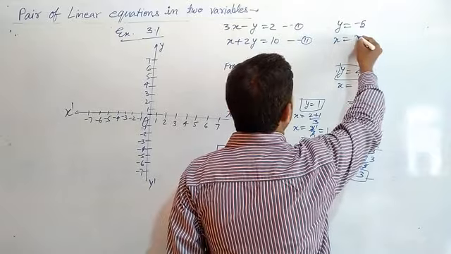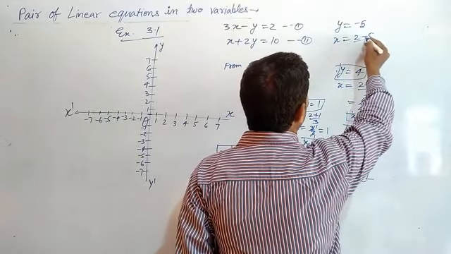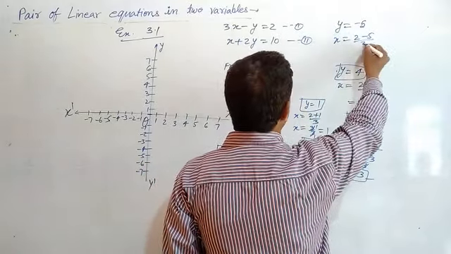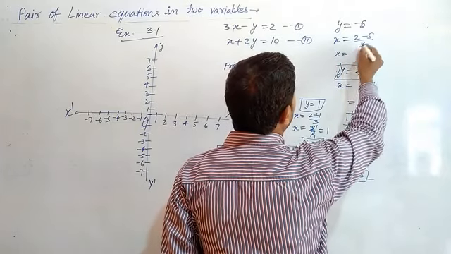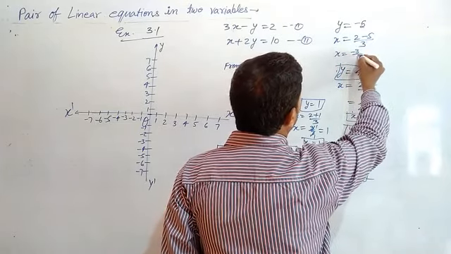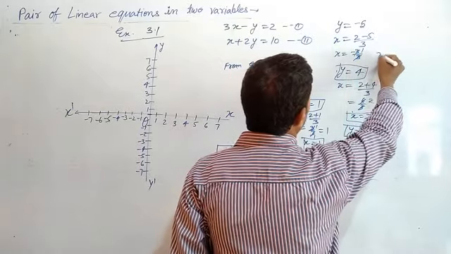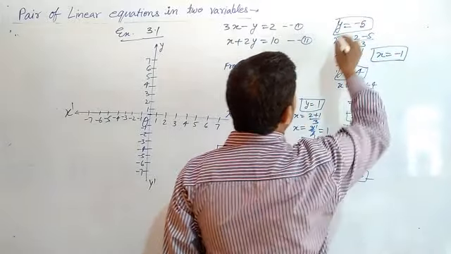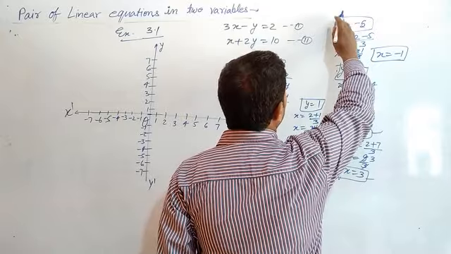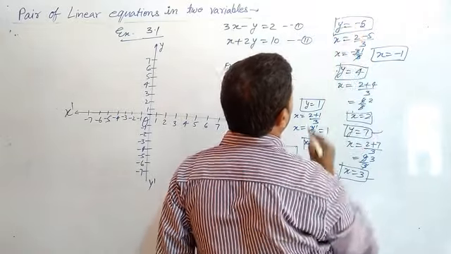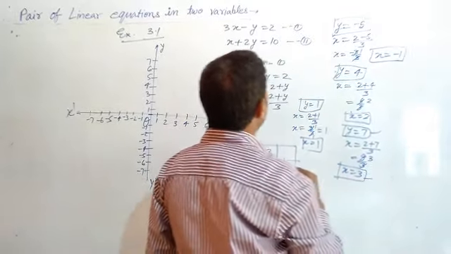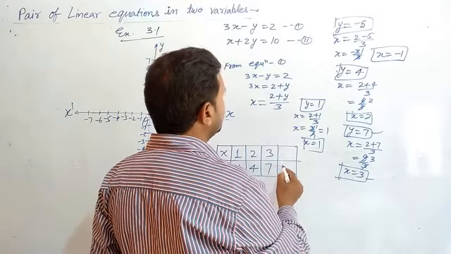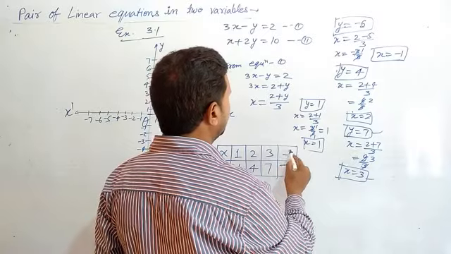So x is equal to 2 minus 5, can be converted plus minus. Here plus is given, but value is minus, plus minus, minus upon 3. Now we can solve here. x is equal to 2 minus 5 is minus 3 upon 3. 3 on the 3 means it is cancelled out, means x is equal to minus 1. We can say that here, if we put the value y is equal to minus 5, we get here x is equal to minus 1. Okay. So we put here value minus 5, y is equal to minus 5 and x is equal to minus 1.